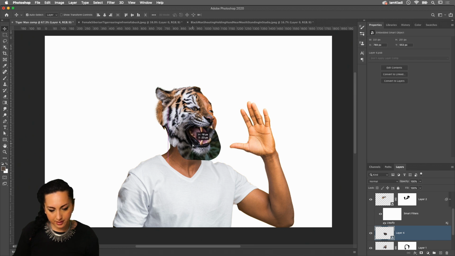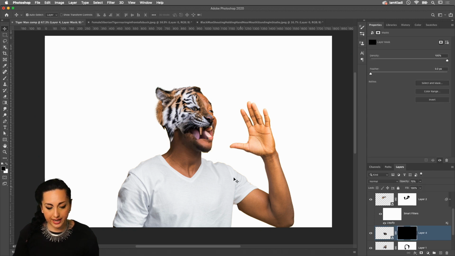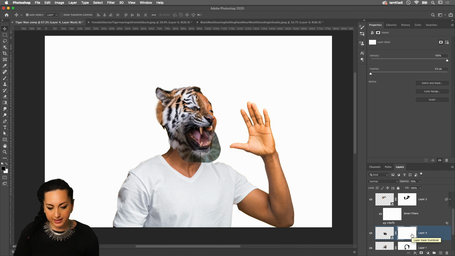Oh, here it is. Fantastic. Also, something else that we want to do here is bring down the opacity and pretty much do exactly what we've done before. Create a layer mask, and in this case press Command Delete to make sure that we have all the